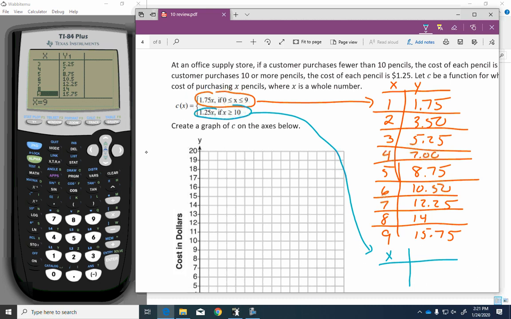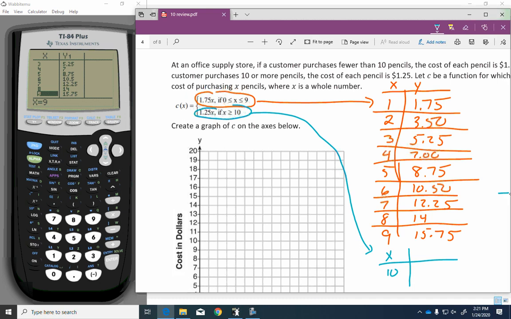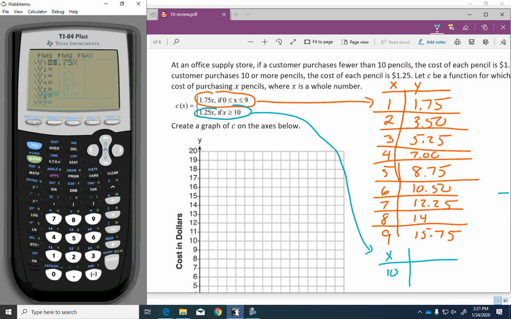So this table, remember, doesn't start at 1. I have to start at 10 because I can only pay that $1.25 if I'm purchasing enough pencils. So if I go into my y equals, clear this out, and do $1.25 instead for each pencil x, and then look at the table